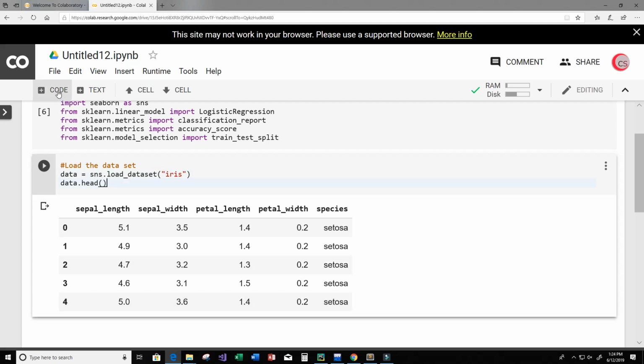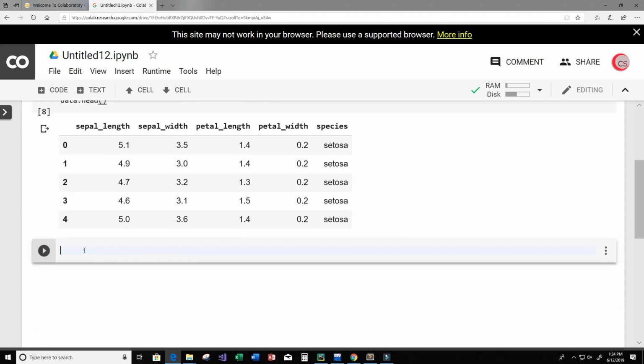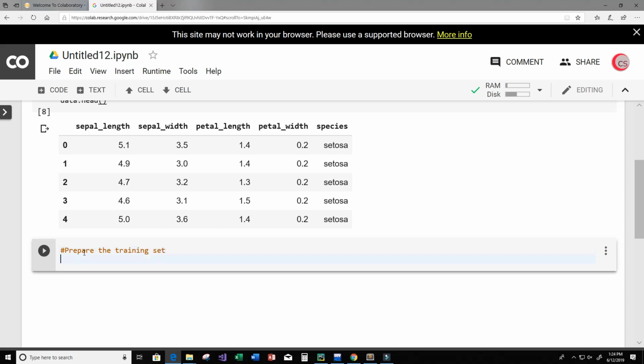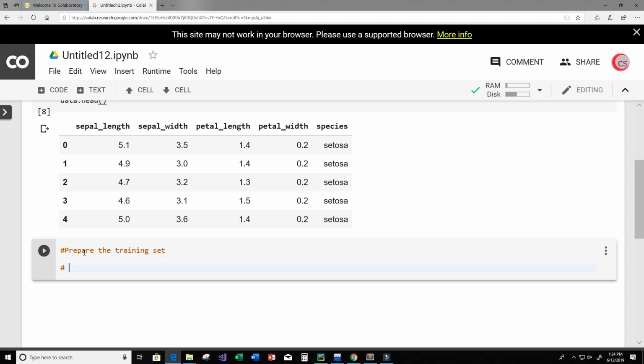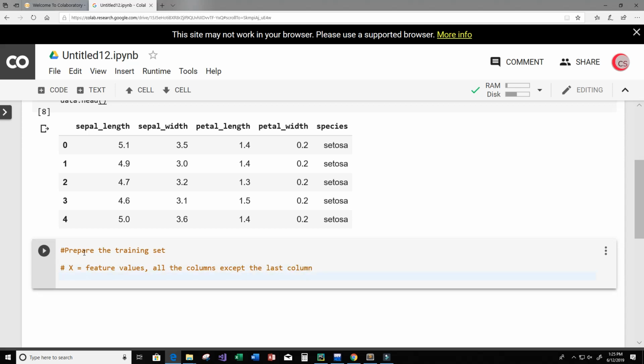Okay, so I'm going to go ahead and add a new cell. And here we're going to prepare the training set. So we're going to have our independent set. We're going to call it X. And so X is going to be equal to feature values. And so we're going to get all of the columns except the last column. Okay, and to do this, I just simply say